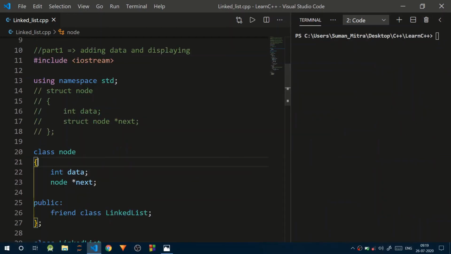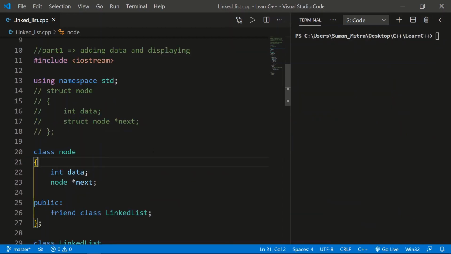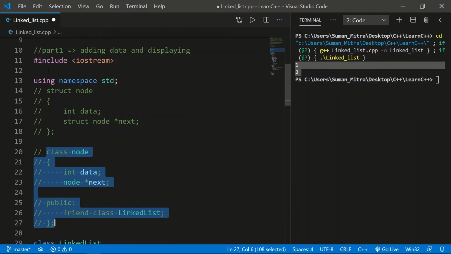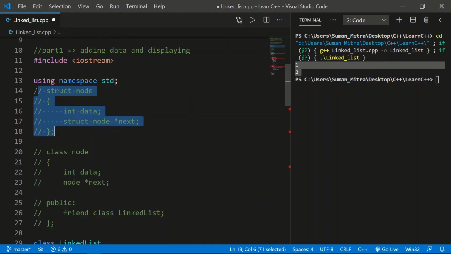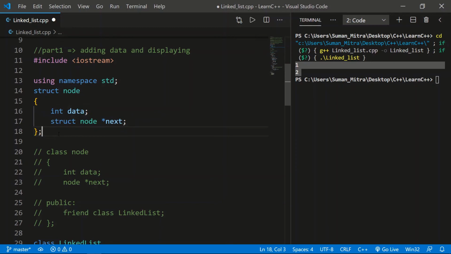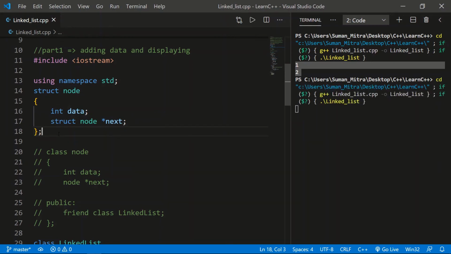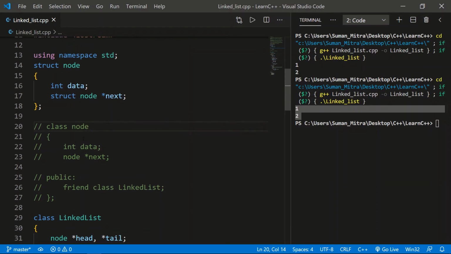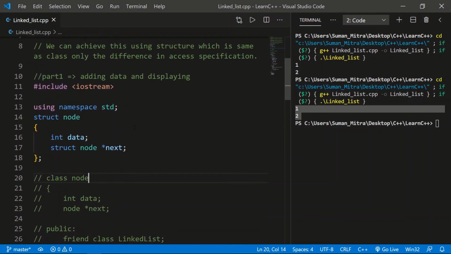So there was no error, it's just that my VS Code was giving some problem. You can just run this and you can see we got the same value that we displayed earlier. Okay, I'll just comment out this now and uncomment this so that you know that you can do this with both structures and classes. So run this. Okay, you can see that we got the same value. First we used the class and next we used the structure and we got the same value. We use a structure because we don't want to add this public friend class and all, so the struct becomes easy for you. Now let's go one by one so that we get the basic concept of linked list.